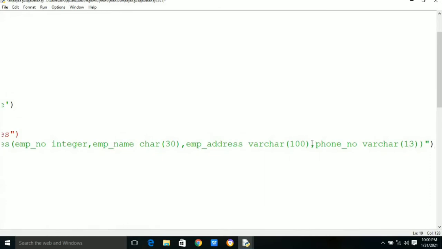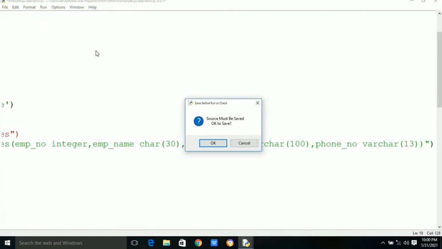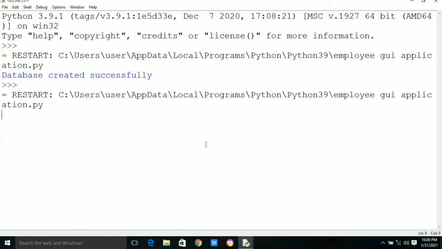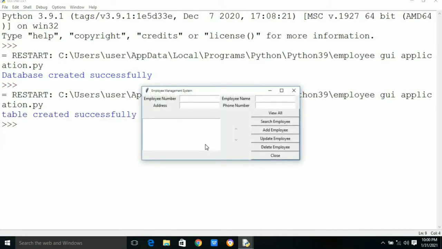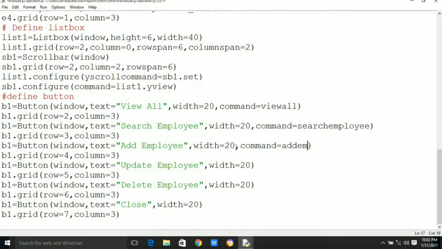We have executed the program and you can see we are having the message table created successfully and we are able to see the form.